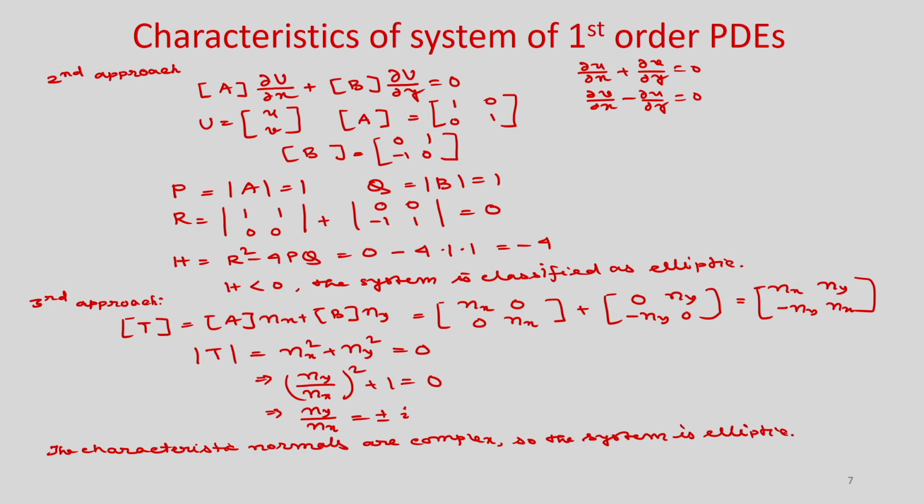Okay. So, you can see that we have considered the Cauchy-Riemann equation and we have used 3 different methods which we learned today and applied them to find the mathematical characteristic of this Cauchy-Riemann equation, and we found that this is elliptic in nature. And also you can see that if you convert it to second order PDE, then we are getting one Laplace equation, and in the last class we have shown that the Laplace equation is elliptic in nature.